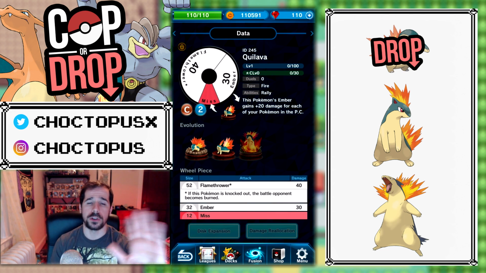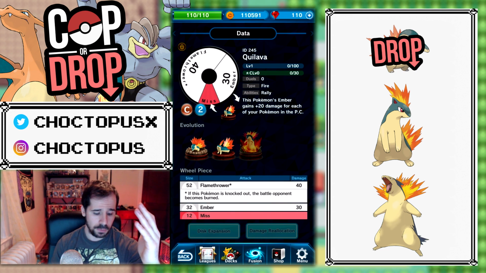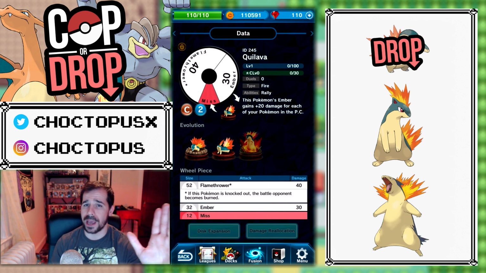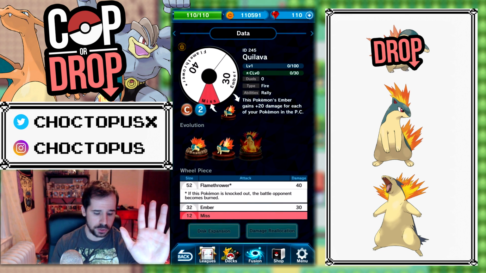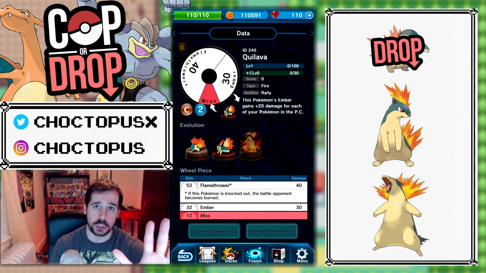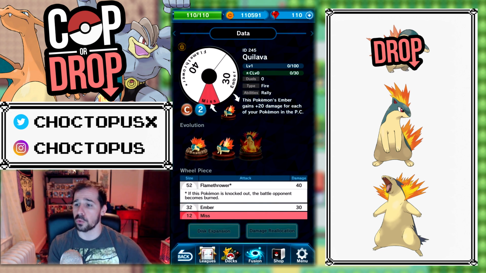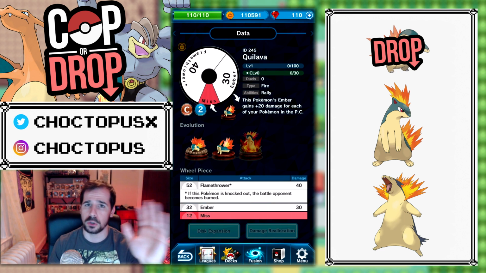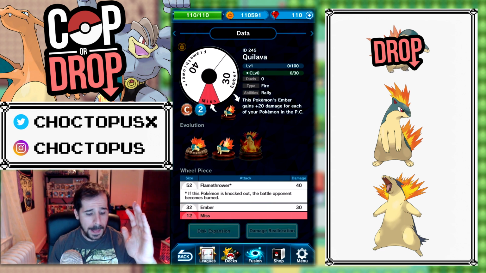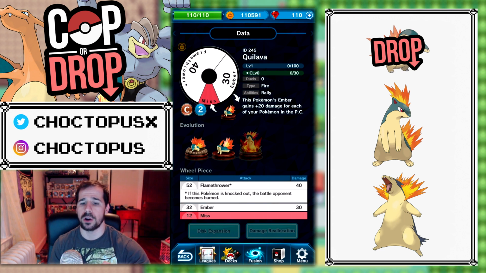Now, paired up with the new Flame Energy, I think this could be pretty useful. But basically, right off the bat, without leveling up, you have an 84 or 85% chance of dealing some kind of damage. And if you level it up, you could greatly diminish that and get closer to 90. But I think Quilava is a decent Pokemon, if you're going to be evolving into